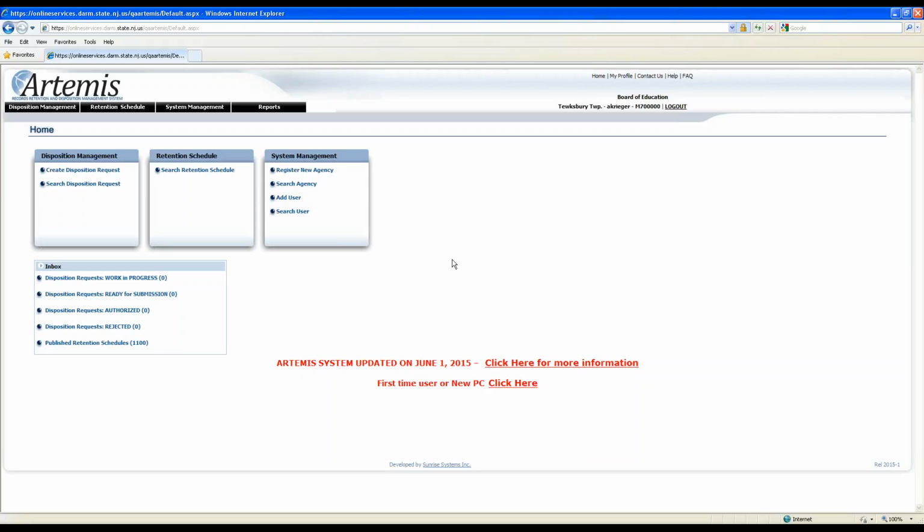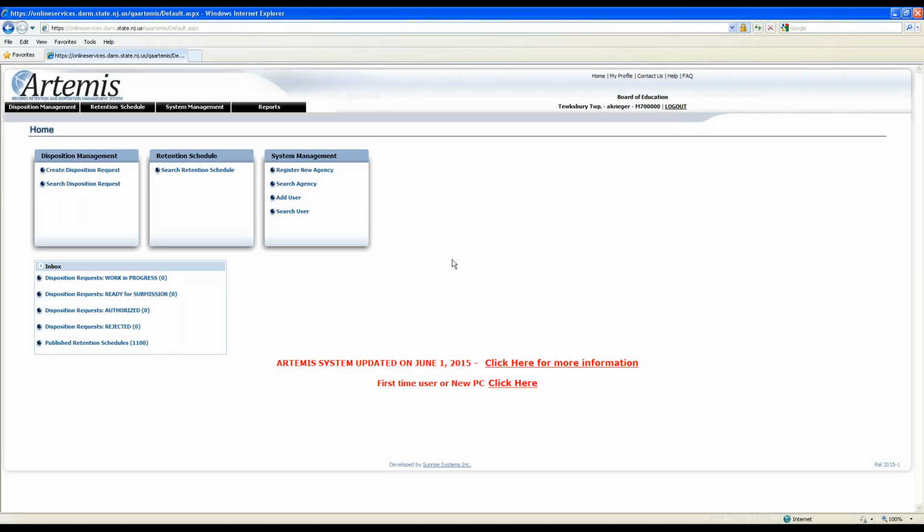I know most people in the past, what they've done is they've gone out to the state website and they've opened or downloaded the retention schedules from that state website, and that's what they utilize. They bring them back, they either save them on their computer or they physically print them out. But the problem with that is that, how often do you do that? How often do you go back out to the state site and pull down those retention schedules? I've been at some organizations where I've seen people using retention schedules, believe it or not, that are over 15 years old. And the problem with that is that, things are changing constantly. Record series are changing constantly. Retention policies are changing constantly.